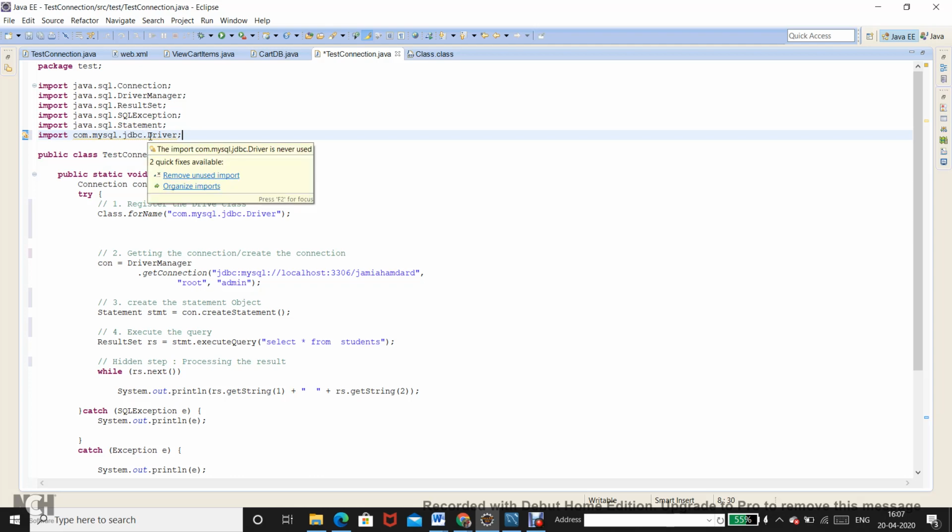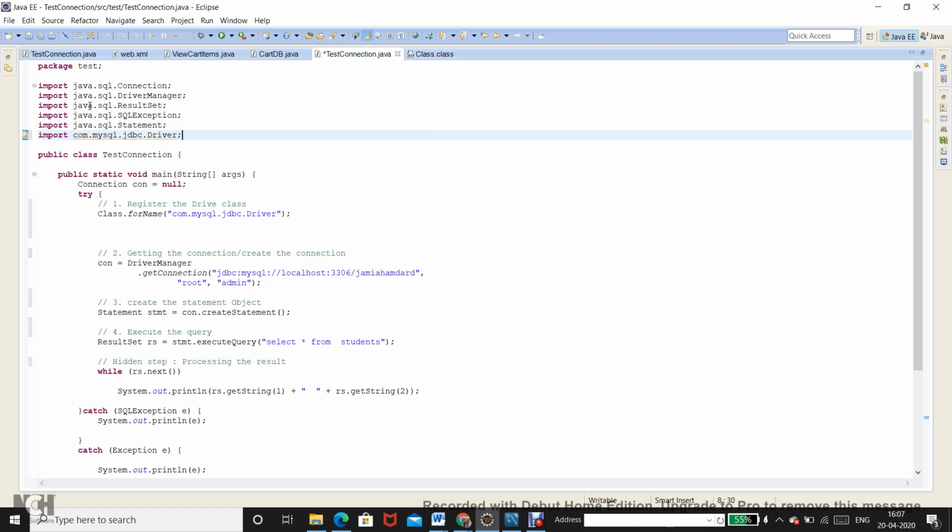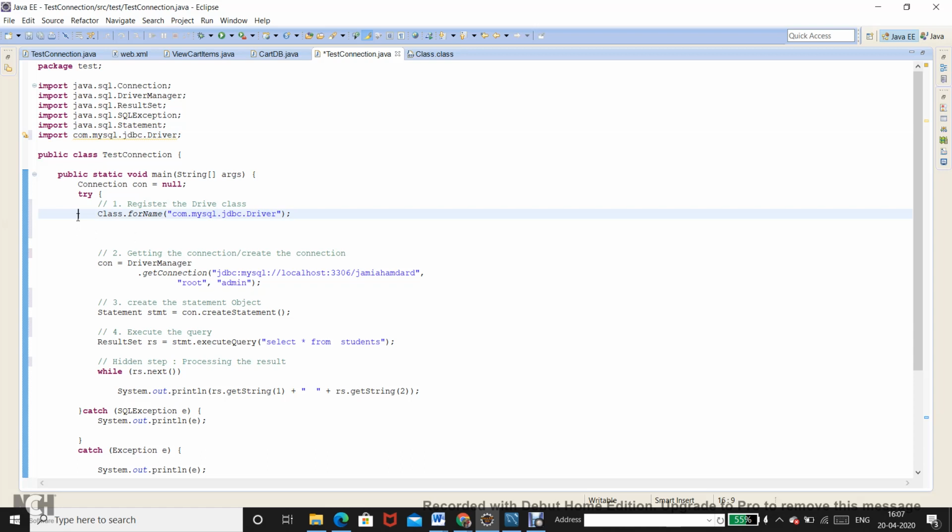That means when you want to run this TestConnection class, even before you start running it, these particular classes are already in memory, put there by the class loader. But this particular class will not be loaded into memory until you reach this statement and it is executed. So at runtime, it will look for this particular driver class.